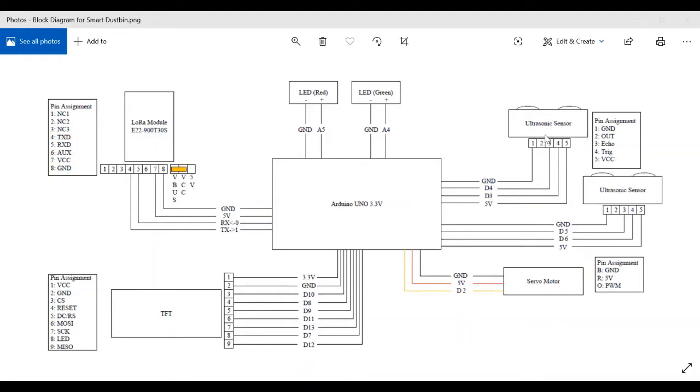We also have two ultrasonic sensors. One is placed inside the lid of the dustbin to detect the level of the waste. Now this level decides whether or not the dustbin can be opened. The other ultrasonic sensor detects the presence of a person in order to open the dustbin. So if the person is close enough distance wise, the dustbin will open as long as the level of the